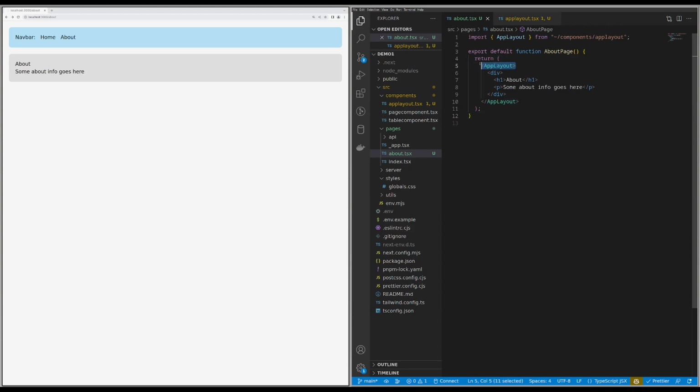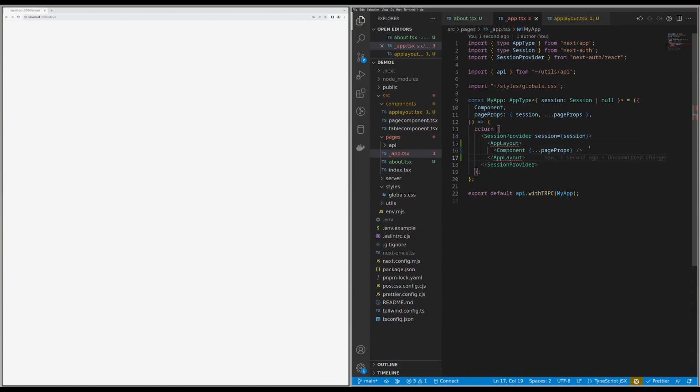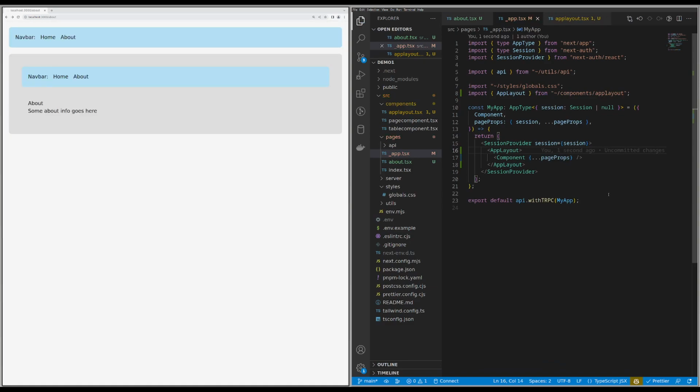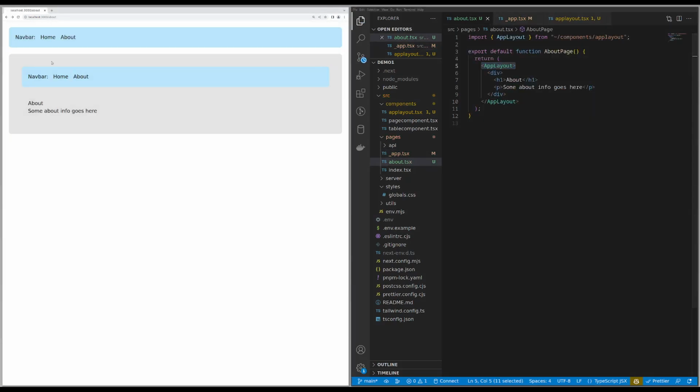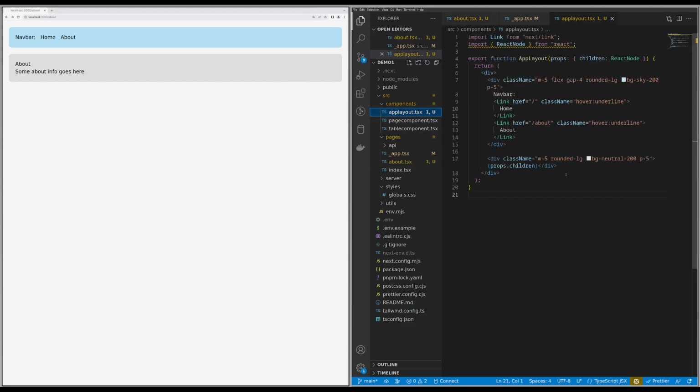So the other way is to put this app layout across all pages. To do that, we move it into the underscore app file. Let's import it here. Because I haven't removed it from about, now we've got the navbar twice, so I can remove it here. Now I know both ways of doing that. Cool, then let's add another page. I'm gonna now show you how to do dynamic routes. Say we've got a blog,